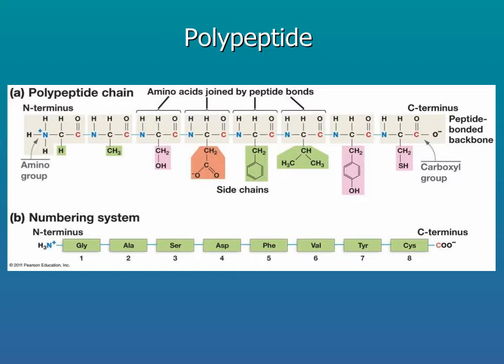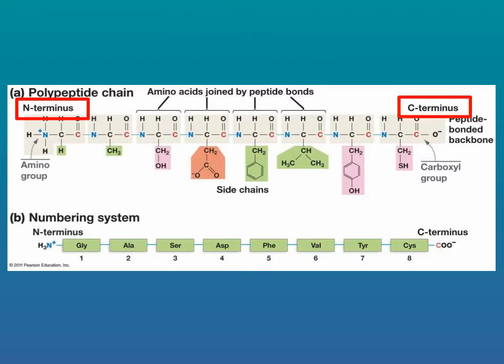A few rules concern chains of amino acids. First, one end of the chain is called the N-terminus because the amino functional group is found on that side. The other end is called the C-terminus because a carboxyl group is on that side. And we number the amino acids from the N-terminus. In reality, most proteins consist of hundreds or thousands of amino acids, and these long chains can form very complex shapes.